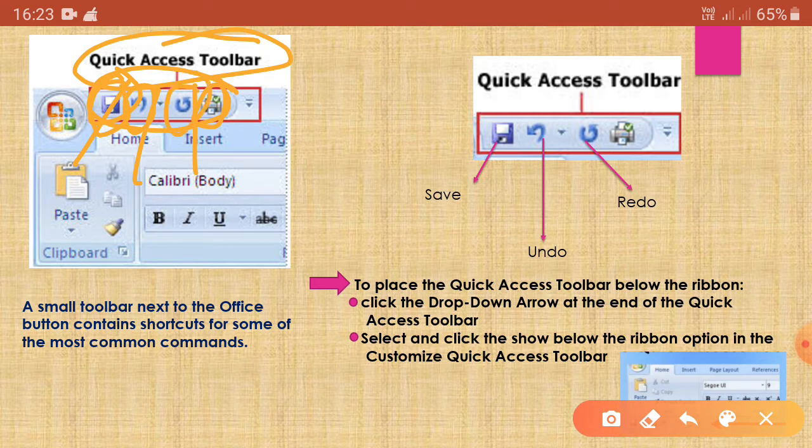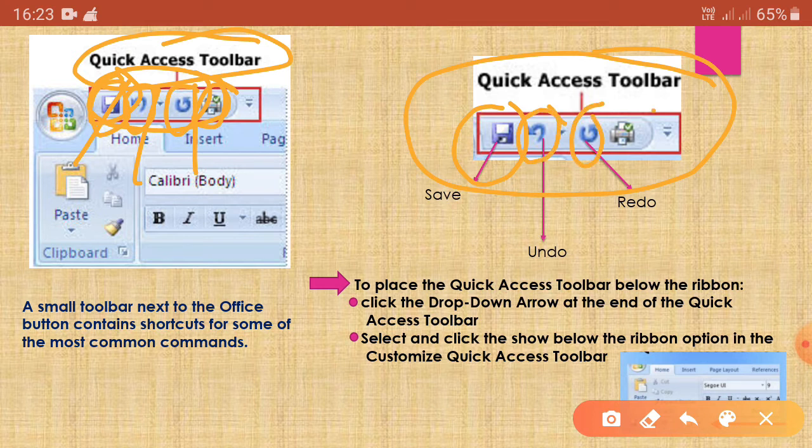Okay, so the basic tools available are save tool, undo tool, redo tool, and print tool to print the document. Okay, so a small toolbar next to the office button contains shortcuts for some of the most common commands. Okay, so this is quick access toolbar.